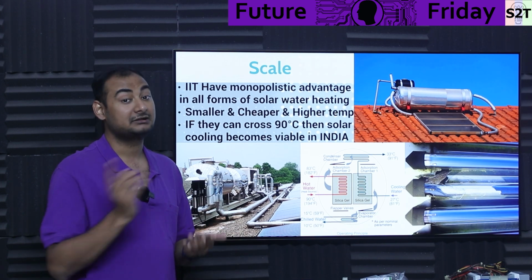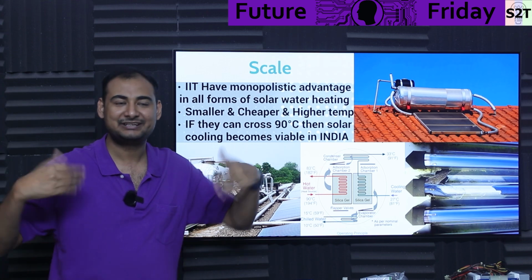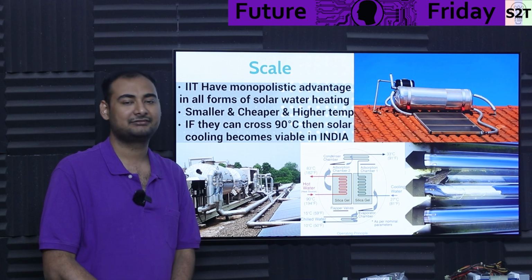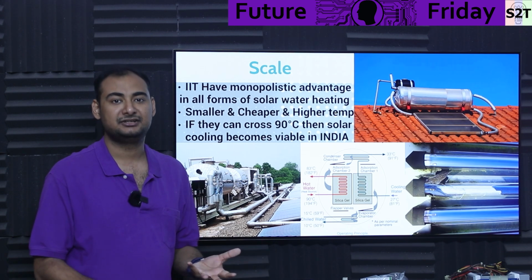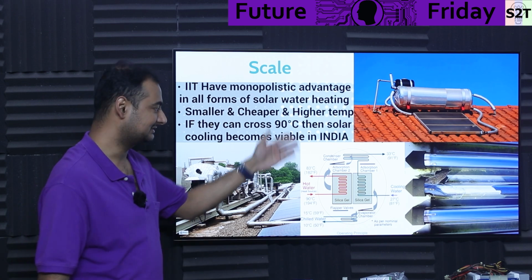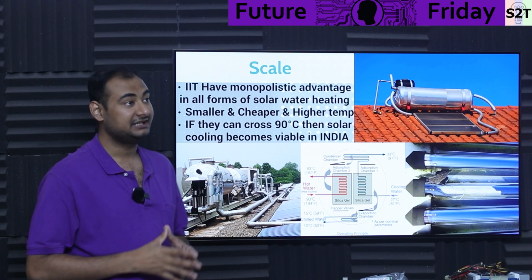And again, you have another benefit. If you have this sort of thing covering your rooftops, you don't even have sunlight directly falling and directly heating. So it's a very clever way of sorting air conditioning without poisoning the atmosphere and without creating a heat trap. Solar heat is doing the main work. So if they can scale it up, they have a genuine